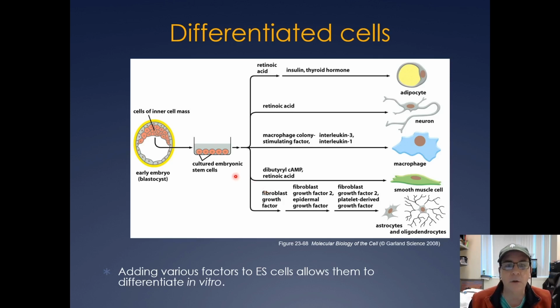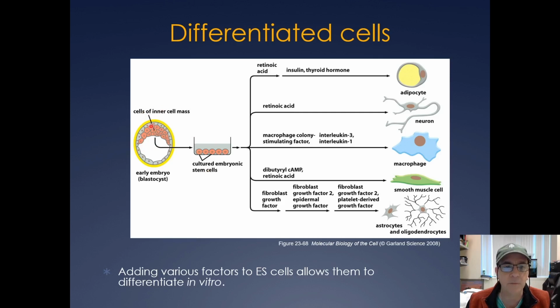Now, what's kind of cool is that you can actually take stem cells from a bunch of different sources, and you can differentiate them into various cell types. Scientists have figured out what to add to the media to get cells to differentiate into a specific cell type. And this has a lot of promise in an enormous number of biomedical applications. So think, if you had spinal cord injury, or any kind of tissue injury, and you needed to repair it,